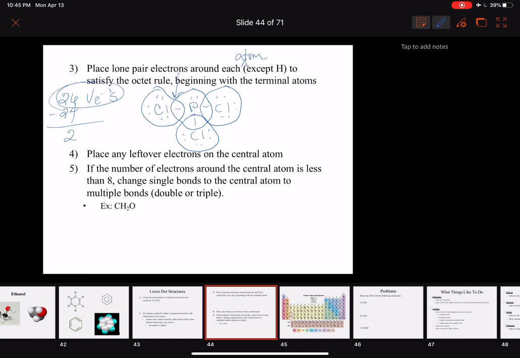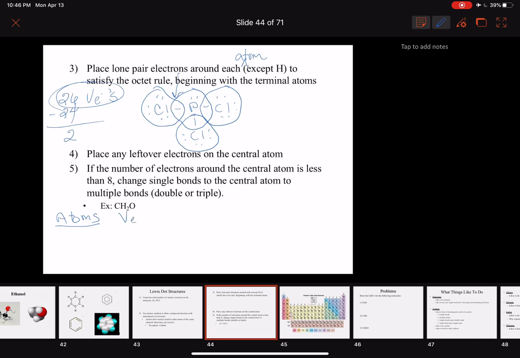And that brings us to number 5, which says if the number of electrons around the central atom is less than 8, we have to change single bonds to the central atom to multiple bonds. So multiple bonds are double or triple bonds. And what on earth did I just say other than a whole lot of blah, blah, blah? Well, let's go ahead and go through the process. So we can list our atoms